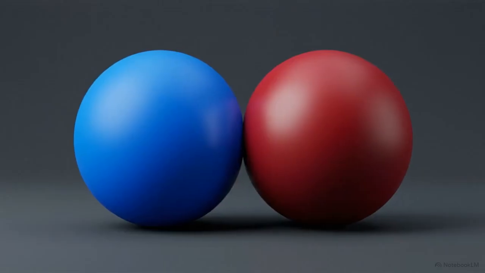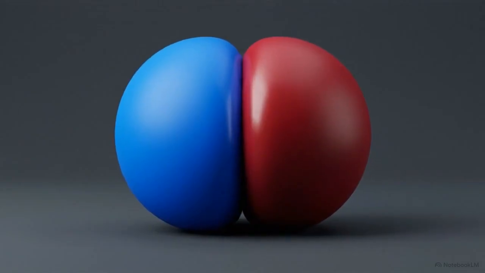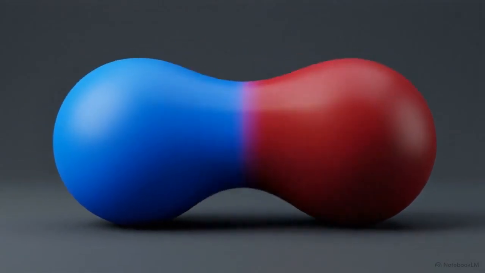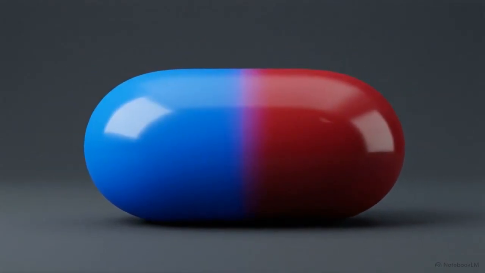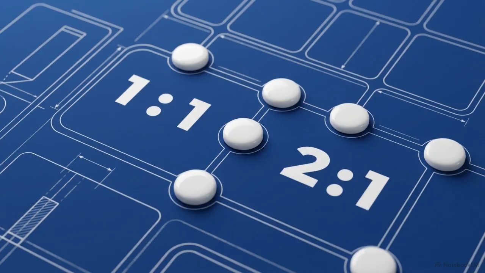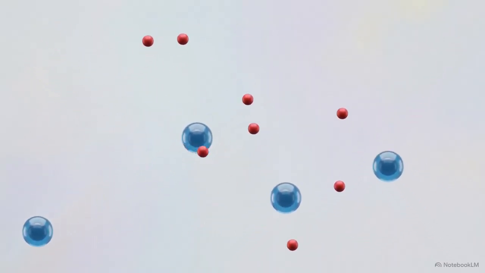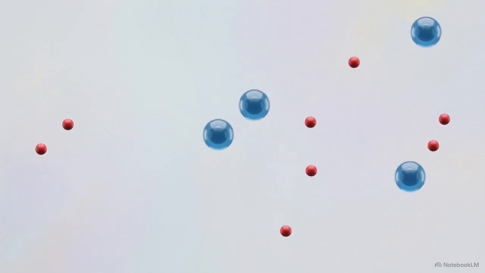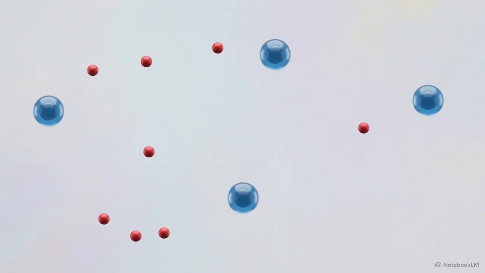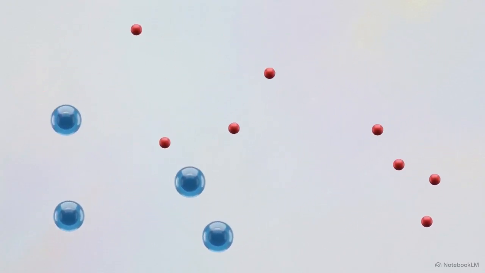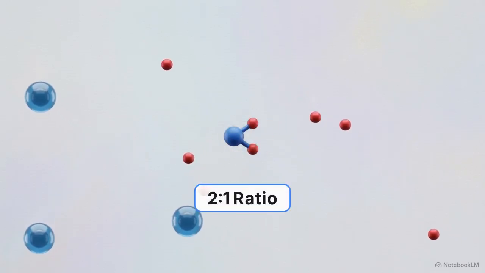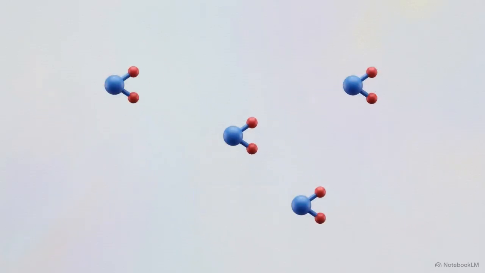But atoms rarely stand alone in nature. So what happens when different elements are forced to lock together? You get a compound. This occurs when elements chemically combine under strict, unyielding mathematical rules. These floating spheres represent hydrogen, a flammable gas, and oxygen, which fuels combustion. Separately, they are volatile, but when two hydrogen atoms snap together with one oxygen atom, they lock into an exact